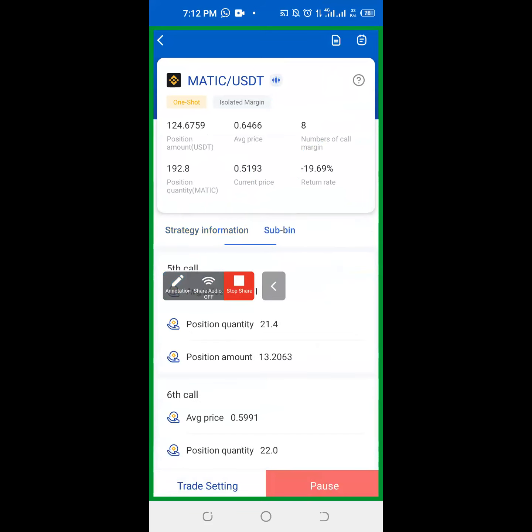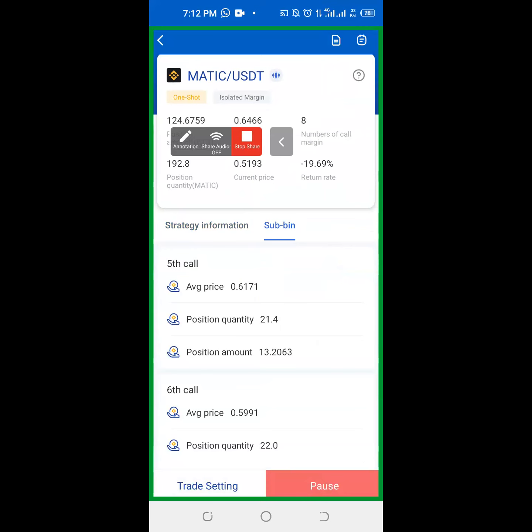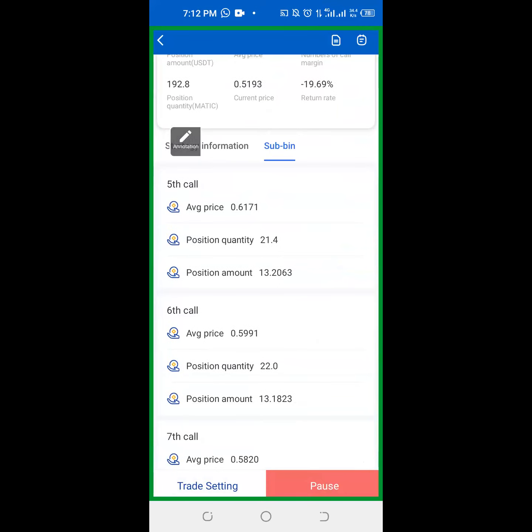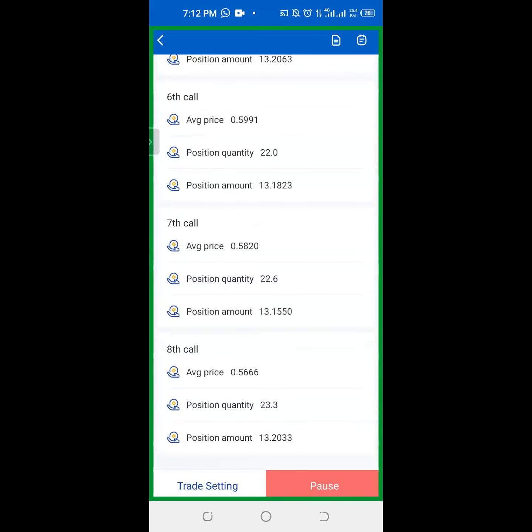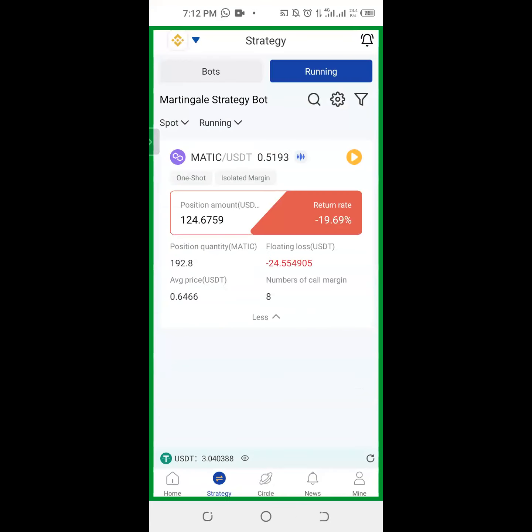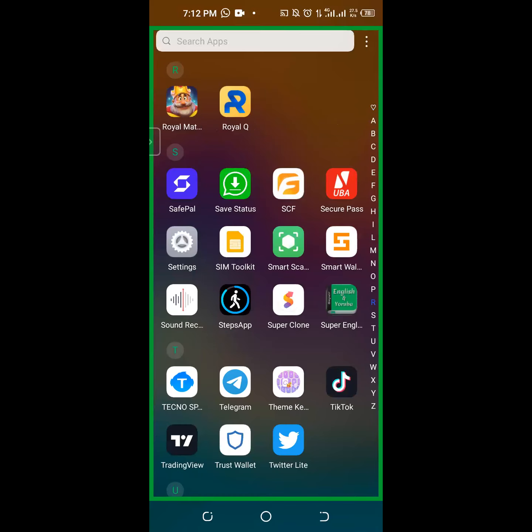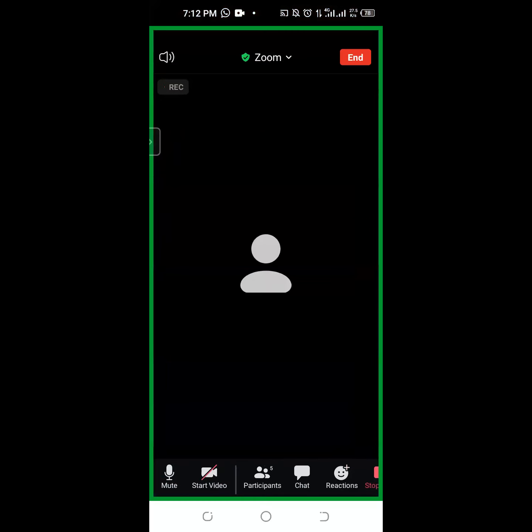You can see from the 5th level, it bought at 0.617, it bought 21.4 coins at $13. So this is where you get the details of the levels as it's going down, how it is buying and selling for you. I think I have been able to do justice to these RoyalQ features. Let me just stop the